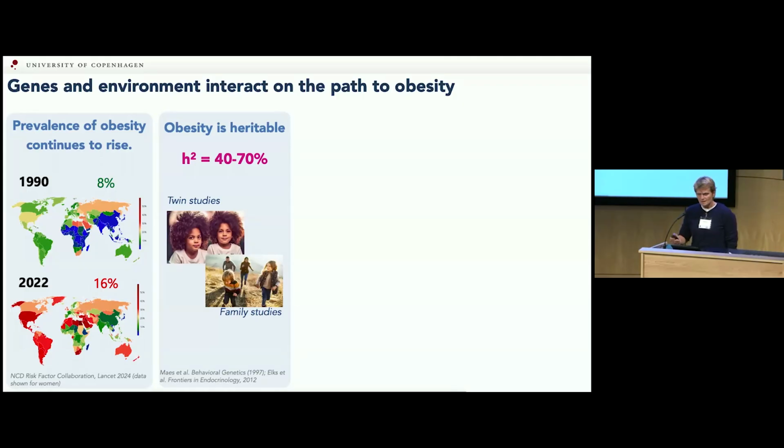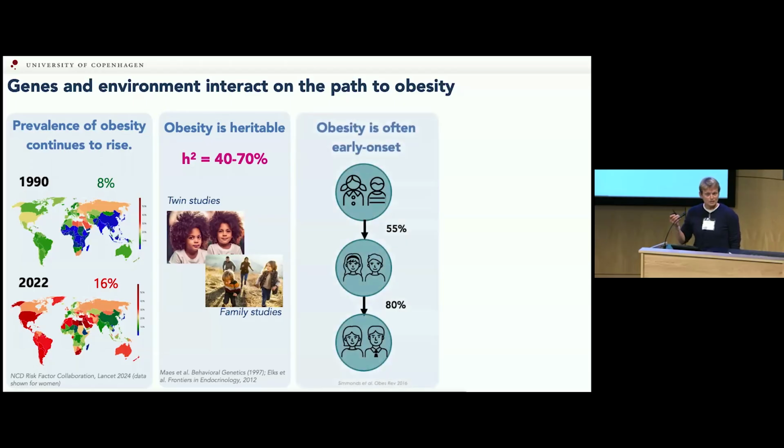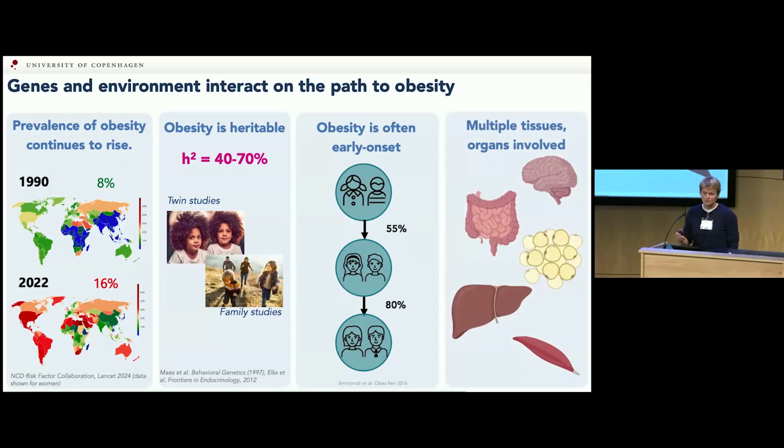So the heritability has been estimated to be 40 to 70%, which is very similar to other complex diseases. Maybe different from other complex diseases is that obesity is a very visible public disease, but I'm not going to talk about that today. It's also a very early onset disease, unlike type 2 diabetes and cardiovascular disease. So when we think about prevention, that's something we need to take into account. Furthermore, it's a disease that involves a lot of organs or tissues, not just the brain, not just the fat cell, but when it comes to connecting obesity with comorbidities, many other tissues and organs are involved.